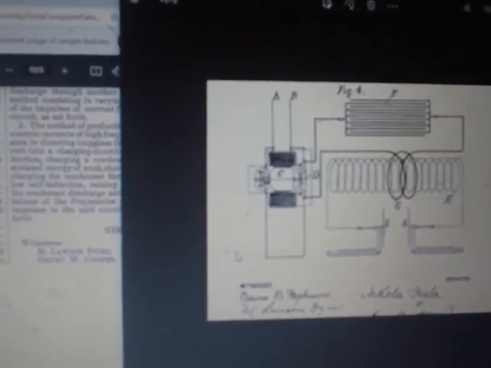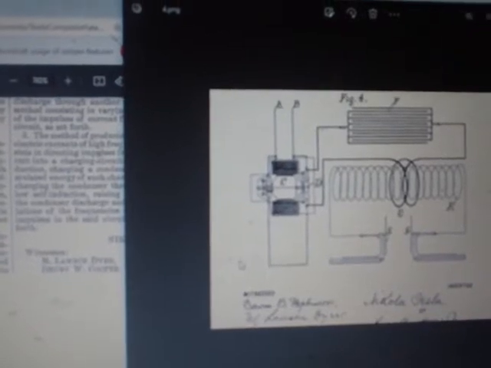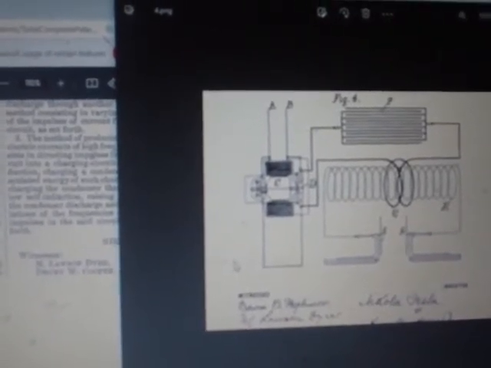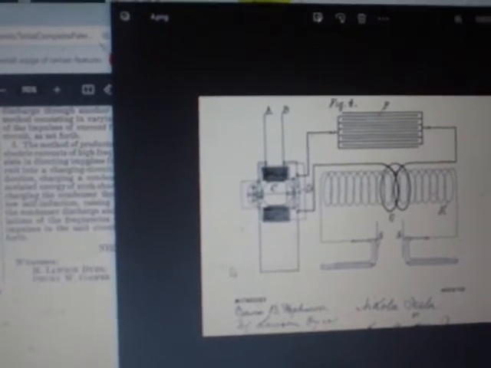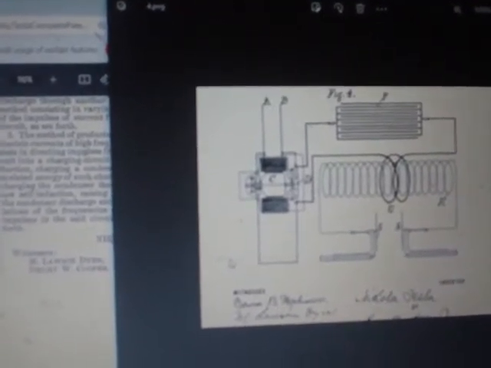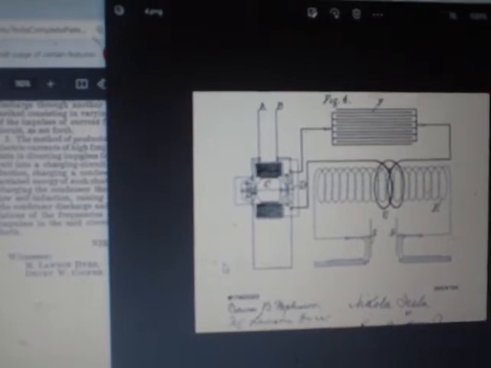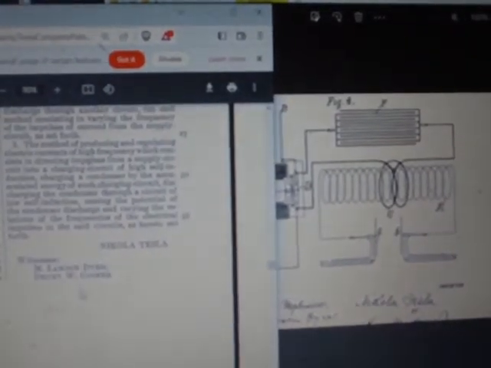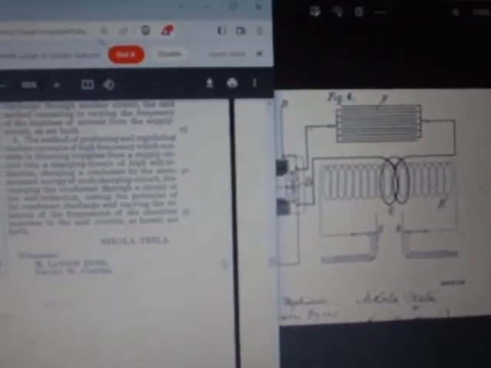The method of regulating the energy delivered by a system for the production of high frequency currents comprising a supply circuit of direct currents, a condenser adapted to be charged by the supply circuit, and